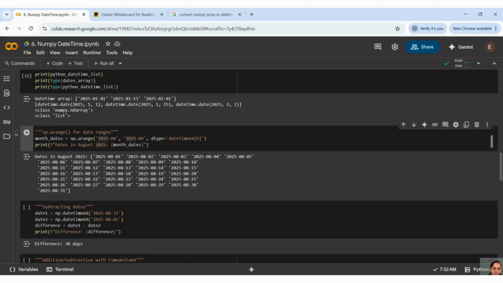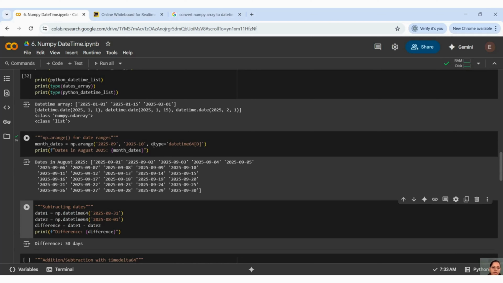So I am getting the output till 31st August. Now let me just change it to like this, 9 and 10. Okay, arange will take only one month and give you those dates. If it takes multiple months, it is not able to give you the dates.